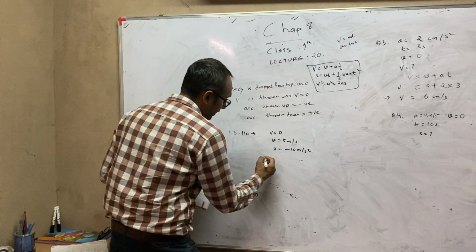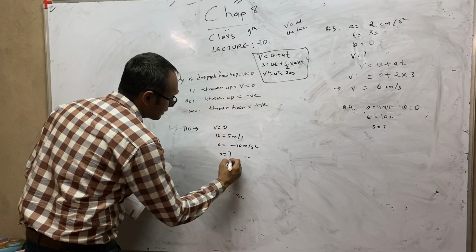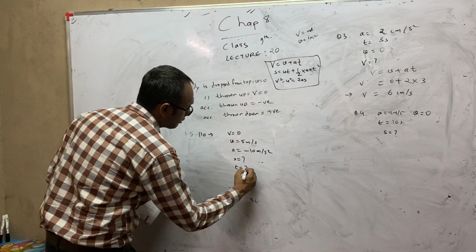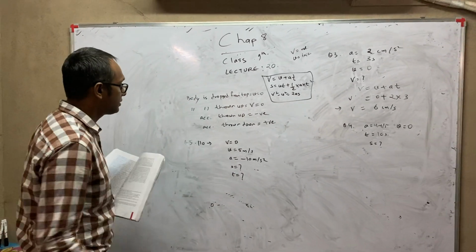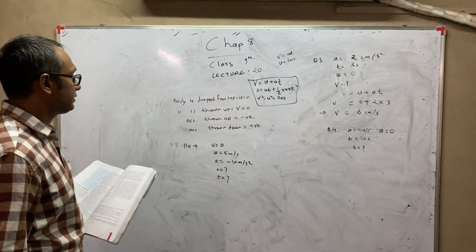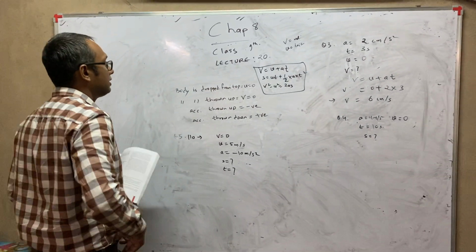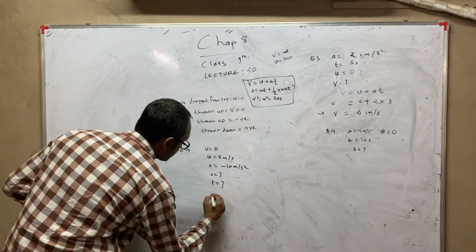Now whenever they say height, we mean distance. So he has asked you to find the distance, and he has also asked how much time it will take to reach there. Now the formulas are the same, and once you write everything, you will find the sum becomes very easy. For example, suppose this is v is equal to u plus at.